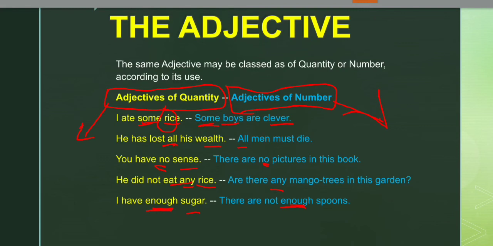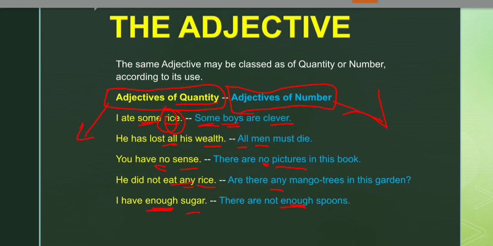Now here some rice. Rice is what? Uncountable, and that is called adjective of quantity. But here after some we may see boys, so boys are countable, and men in the second sentence,